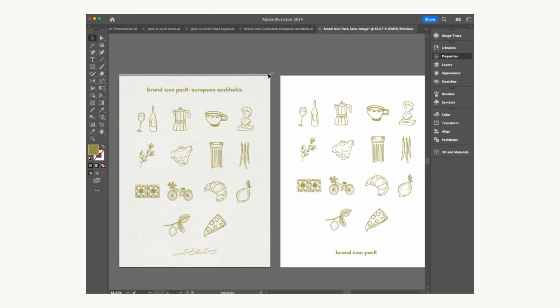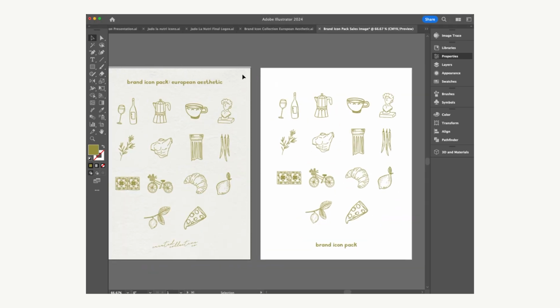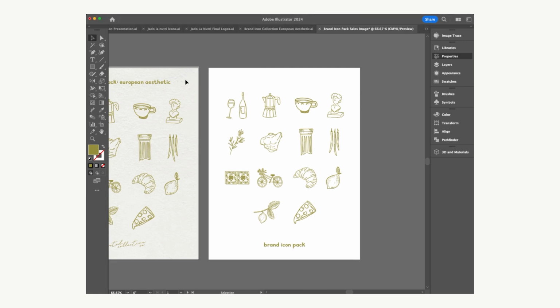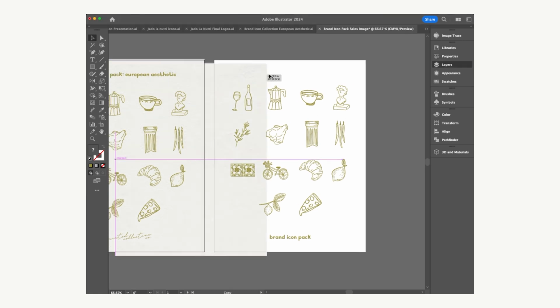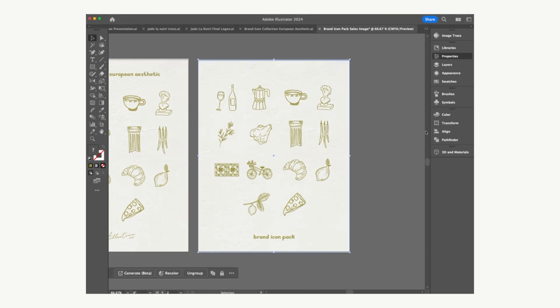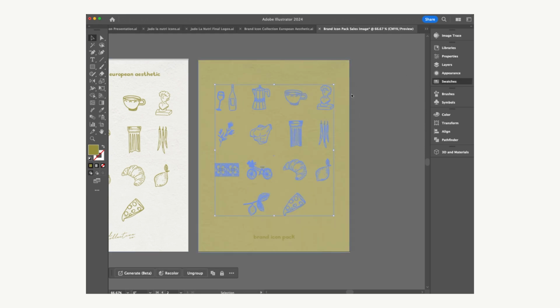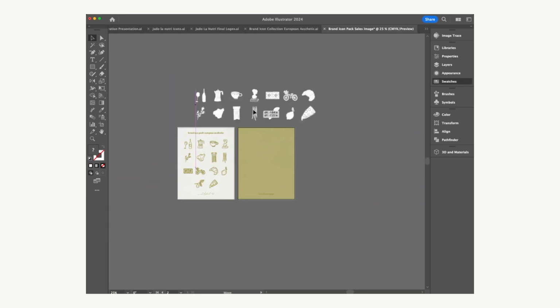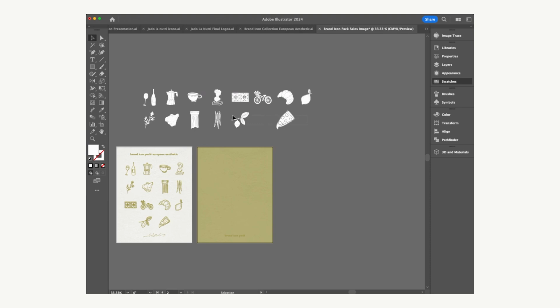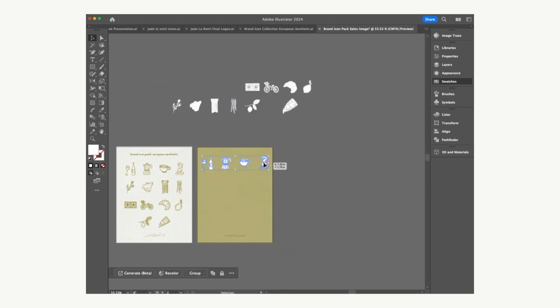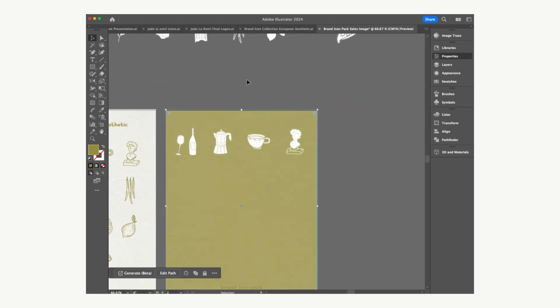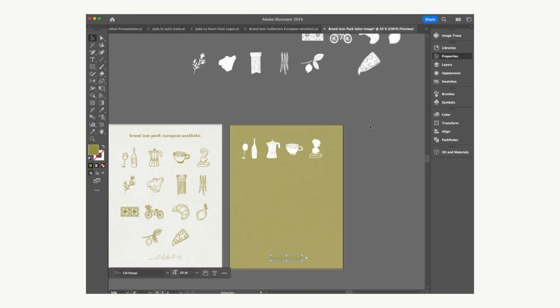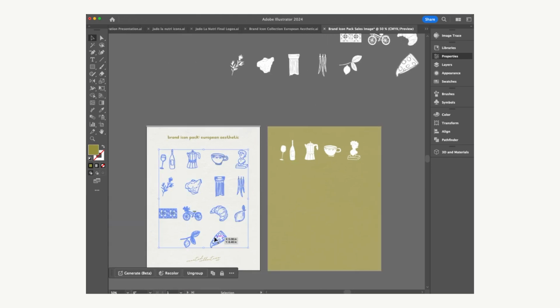I'm also going to show an option of the icons in the inverted option. So I'm just going to bring those over and we will of course add the brand logo and stuff, but I do think it's important to show what they're getting when they purchase. I know that for this stuff it might feel weird to show them everything because you don't want people copying or anything, but